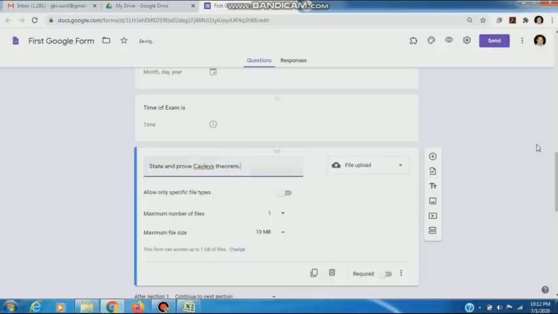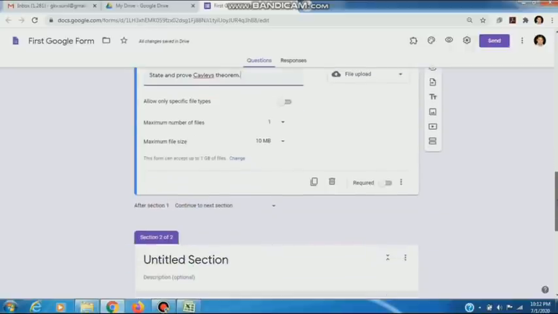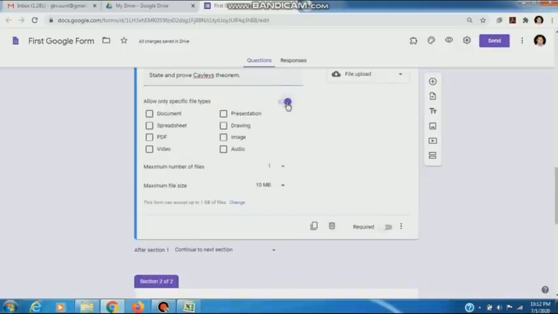Then the student will write in their notebook and upload it as our required file. We can choose any specific file type from here as document, spreadsheet, PDF, image, presentation, whatever file type we want. A student will upload in the same format.